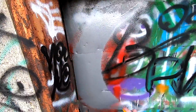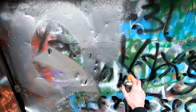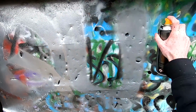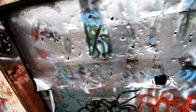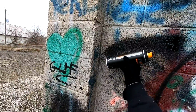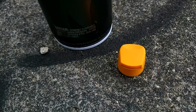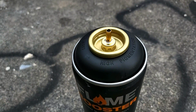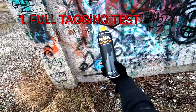The tagging machine that can cover entire walls in seconds. It's no bigger than a spray can, but the 500 milliliter flame booster cans can and will blast lines onto walls that are well over a foot wide, thanks to the booster cap on the male valved spray can. And that is why today we're doing a full tagging test with the flame booster cans to see how big